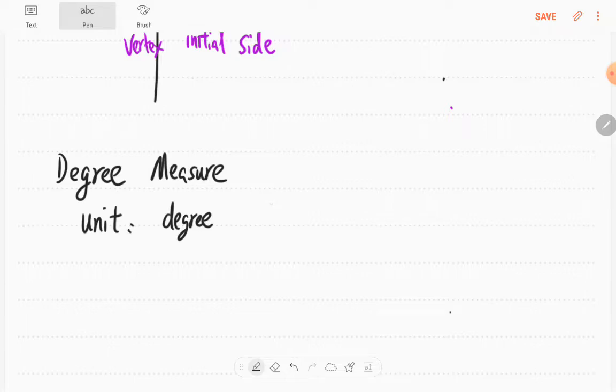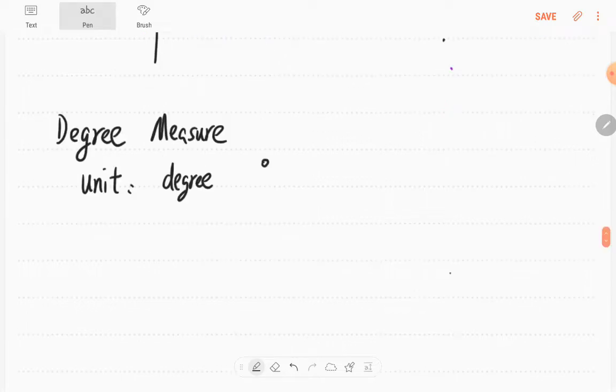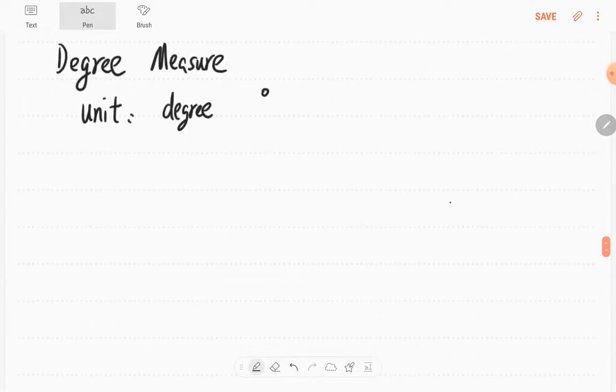We use this symbol, a small raised circle, to denote the degree. Then we give the definition. If you have the standard position of an angle,